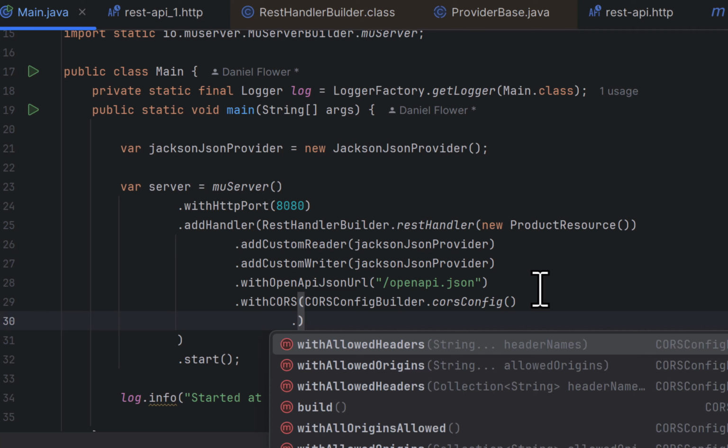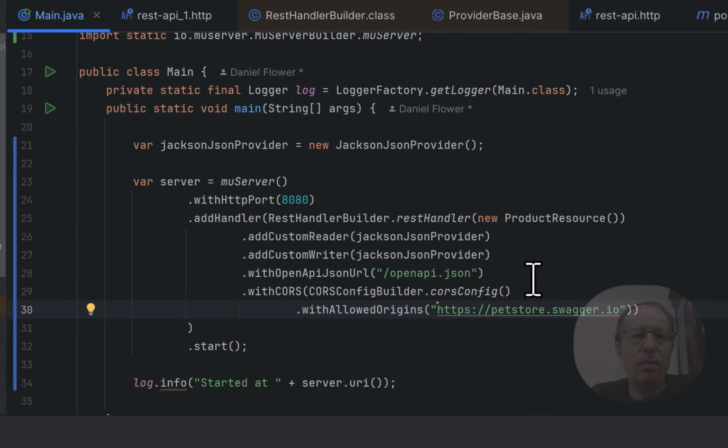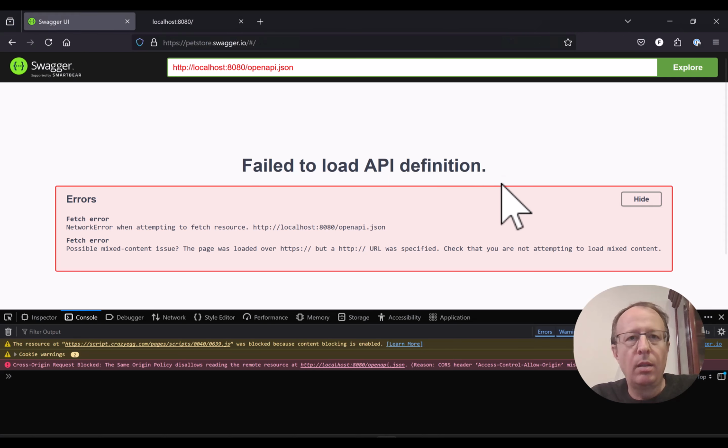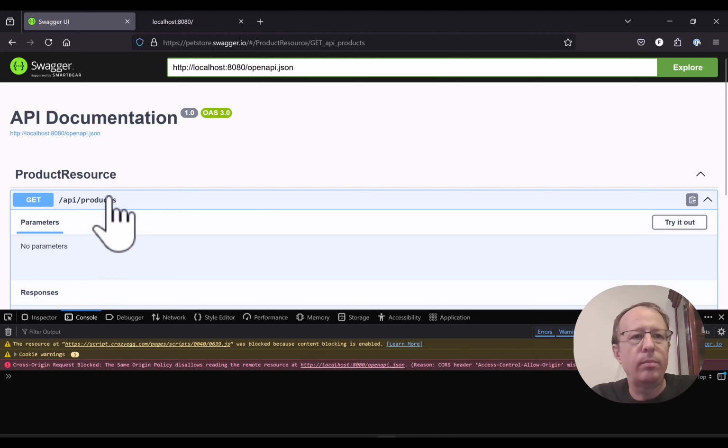Now there are lots of different ways we can allow everything. We can specify regular expressions, but let's just hardcode that we explicitly allow this endpoint to call us. Let's run again. Okay, and press the button, and now we can see our API documentation.